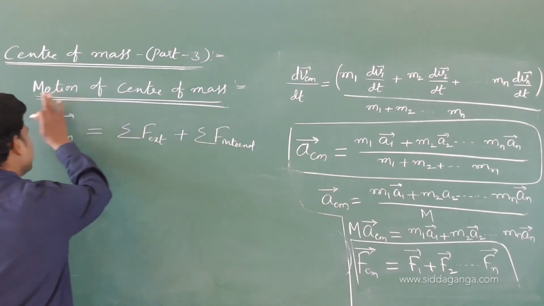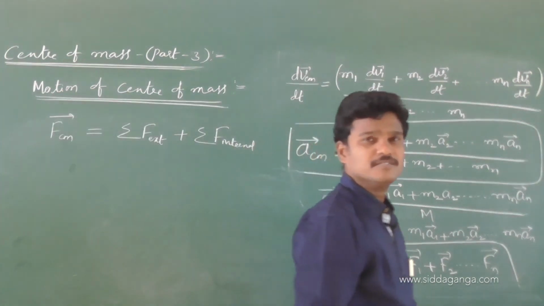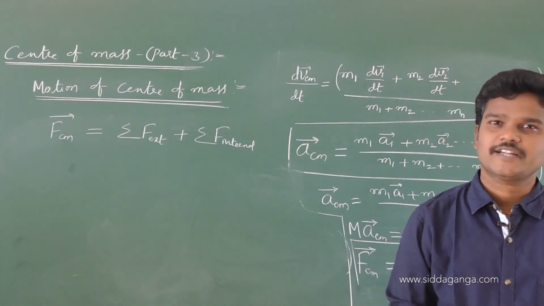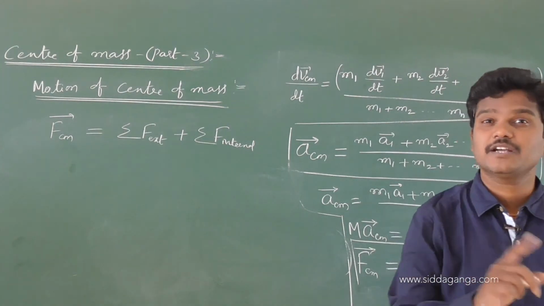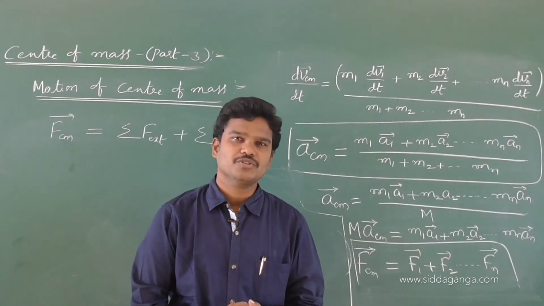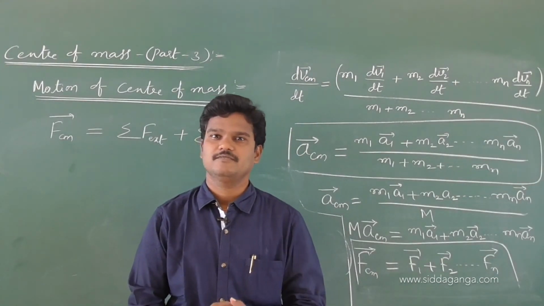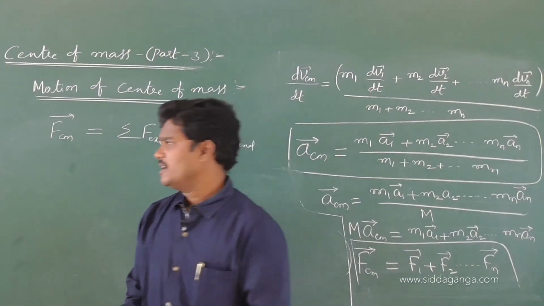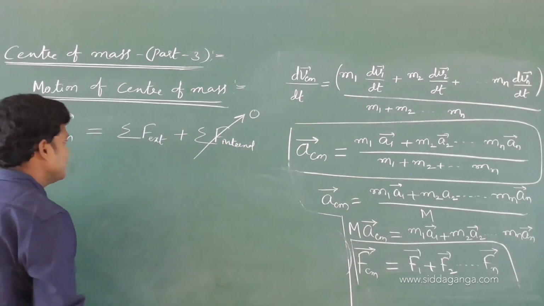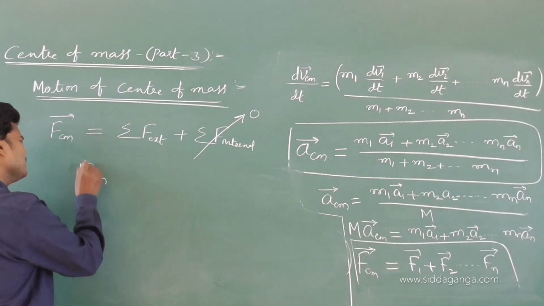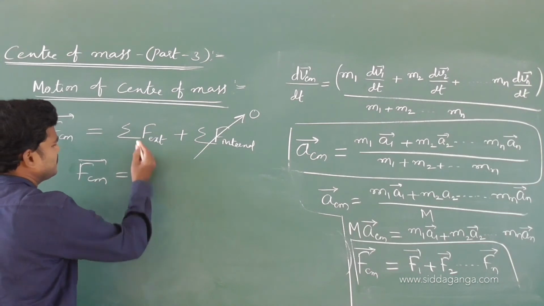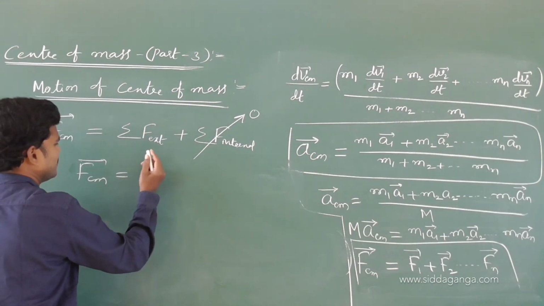Okay, this force of center of mass, force acting on center of mass, is equivalent to two forces. One is the sum of external forces acting on that system of particles and the other is internal forces. Anyhow, internal forces do not affect the motion of center of mass. We studied some characteristics in the last class. So, internal forces cancel with each other. So, this is 0, and this FCM bar is nothing but what? F external.